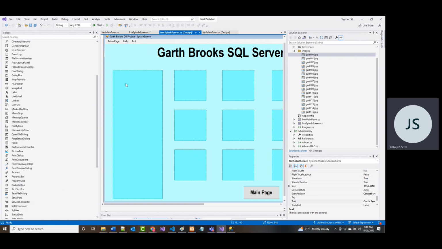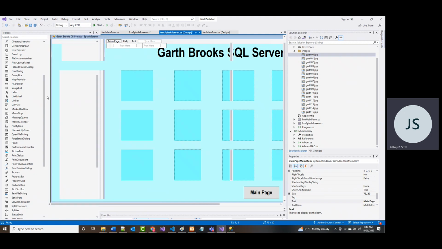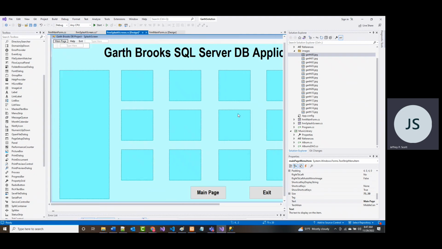But I've renamed these. So I call this one main page menu item, help menu item, and exit menu item. And now that I look at it, that's fine. You can make cascading menus, so multi-level menus if you want to or need to. So I could have put everything all into one menu, just had a drop down and move this down to here and move this down to here, etc. Unless I've missed something, and I don't believe I have, that should be everything that we covered as far as the splash screen goes.